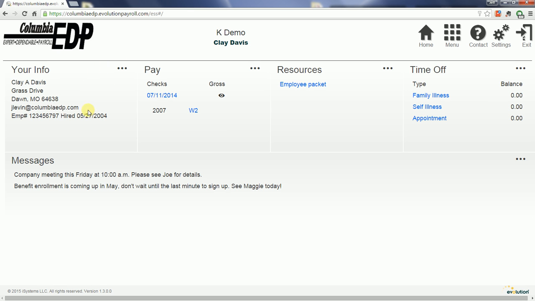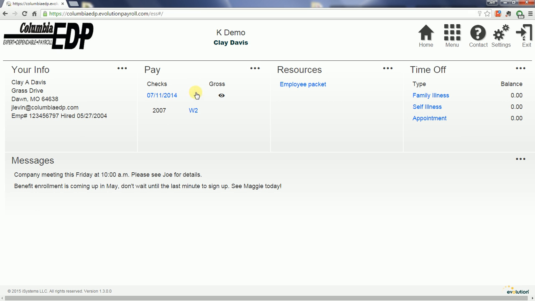So we've seen what our information is here. Now we're going to come into this pay area, which is primarily the reason why you're going to be coming into the system, because you want to look at pay stubs or maybe W-2s. So the system by default will show the 3 most recent pay stubs on this screen here. Now we only have 1 pay stub for this individual right now,